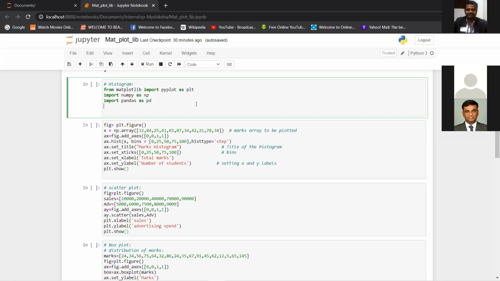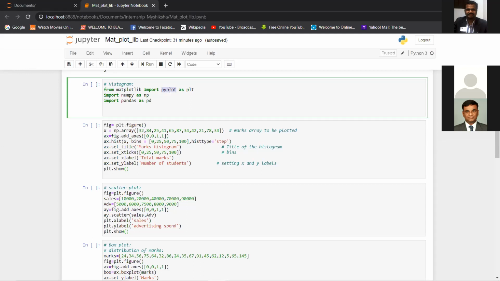Matplotlib, as we said when we introduced libraries to you, is a collection of modules. One of those modules, as you can see, is PyPlot: we say from Matplotlib import PyPlot. We give it an alias name, PLT, so that it is easier to use. Remember, libraries have many modules.